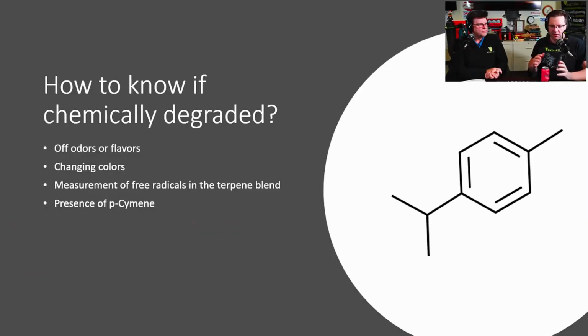So how do you know if they're chemically degraded? You can test. What's great about testing is you're able to measure the amount of certain compounds within your mixture. In the case of a degraded terpene solution, you can test whether or not it's been degraded, or how much it's been degraded. It's not so much a matter of if, it's a matter of how much. And this particular molecule is one that we always look for because it is a major